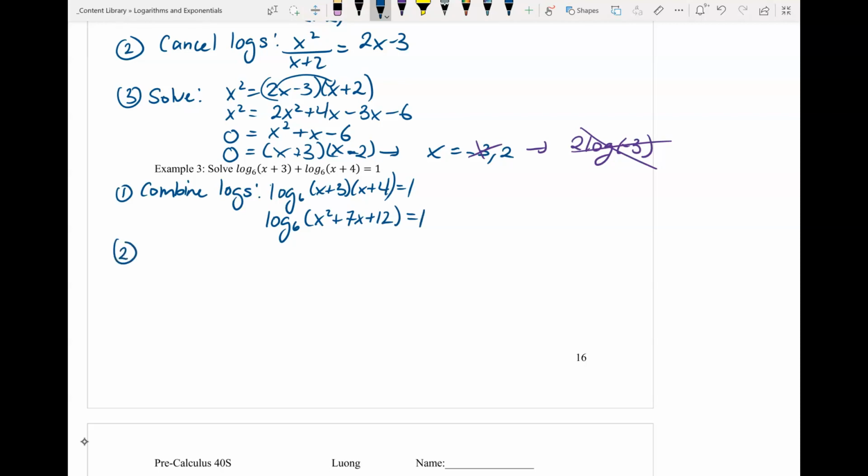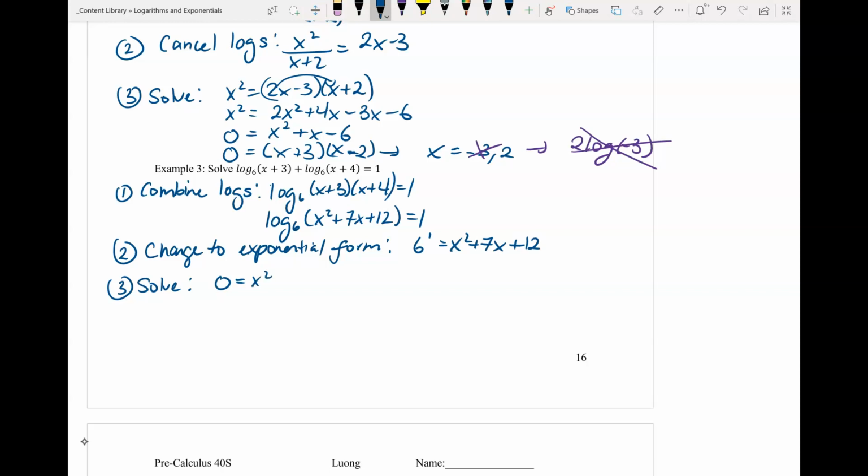Just like example 1, I'm going to change this to exponential form. So we have a base of 6, our exponent is 1, and then our answer is x squared plus 7x plus 12. Now we're going to solve by rearranging so that all of our terms are on one side of the equation. I'm going to subtract 6 on both sides, so we're going to get plus 6 here,